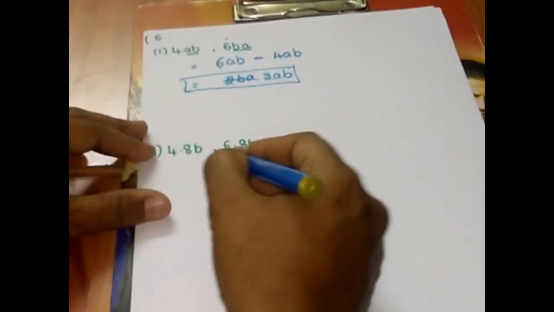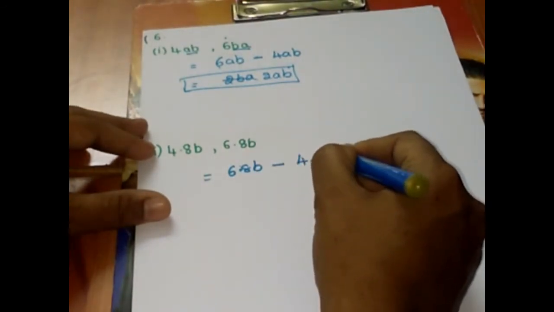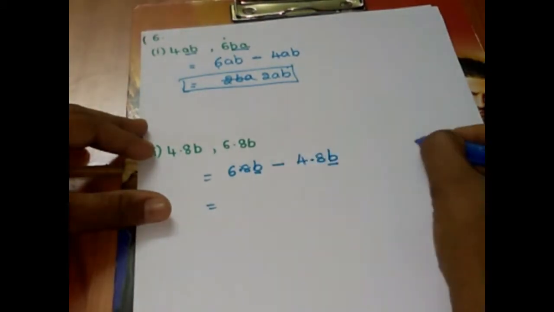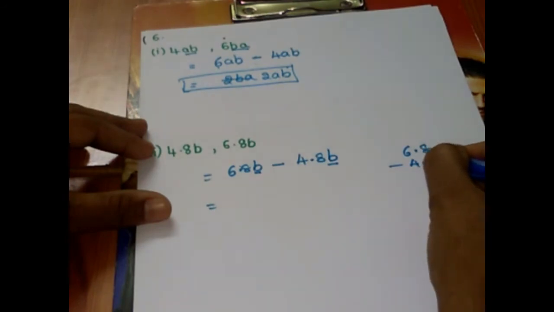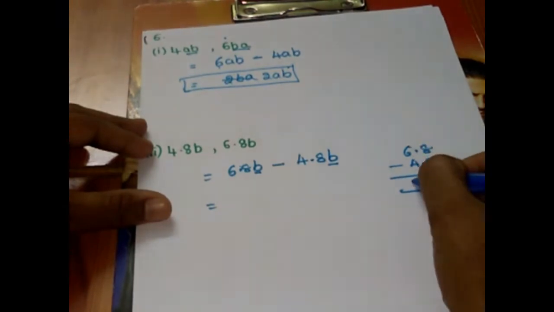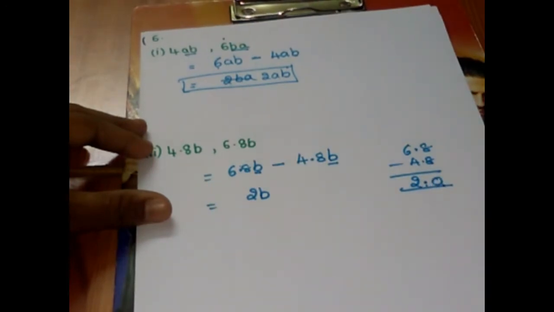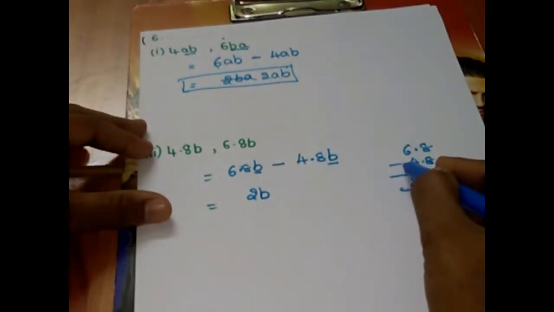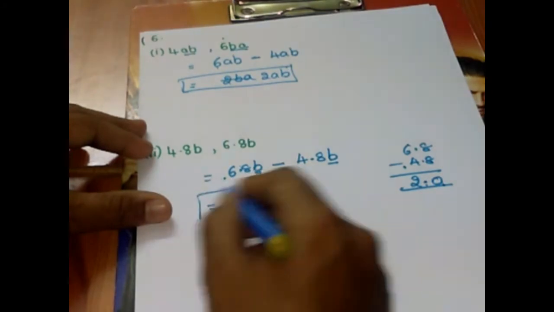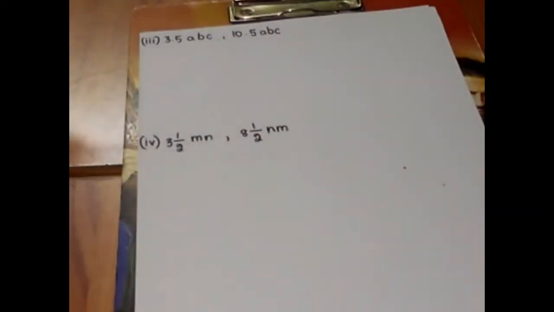Second one. 6.8b second term minus 4.8b first term. Both have coefficients with b. So let me do the subtraction. As it is a decimal, you should not get confused. 8 minus 8 is 0. 6 minus 4 is 2. So it is 2b. After the point, if you have 0, you can neglect it. Again, 1 plus 1 minus, we did the subtraction. Greater number is 6.8. It has the plus sign. So the solution remains as 2b itself. Next, question number 3.